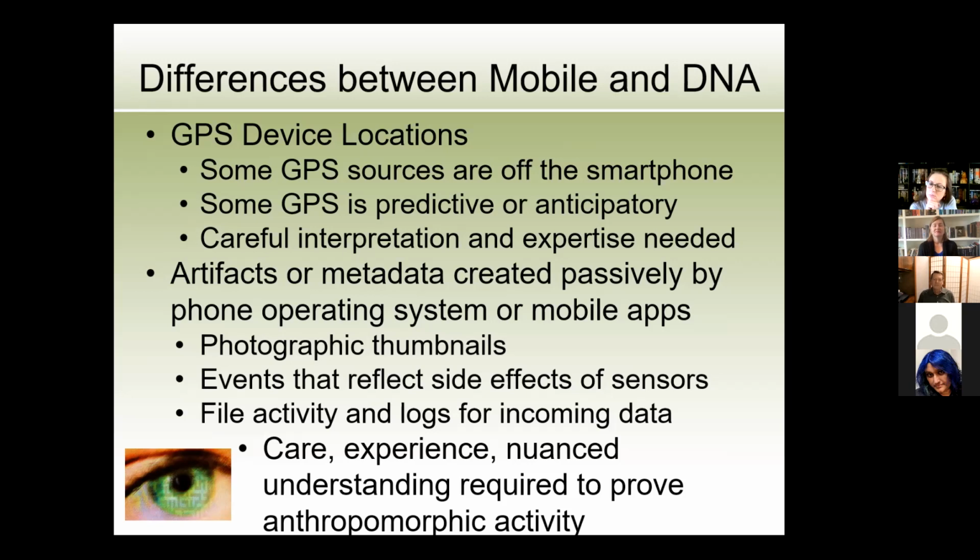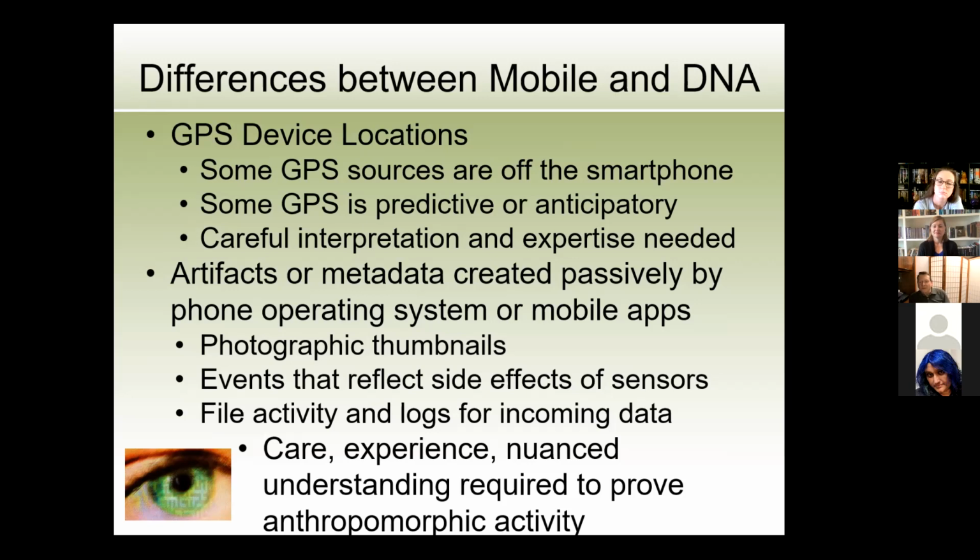A couple of examples. There is a certain kind of GPS data on an iPhone called a learned location. That is where the particular user visits a place so often that the phone knows it's there. It becomes like a waypoint. The phone records the fact that this location is so frequently visited that it puts it into a separate category. It's important to know that on a particular day and time, that learned location may not have been visited, and yet it's still stored on the phone. That nuance needs to be discerned by the examiner.